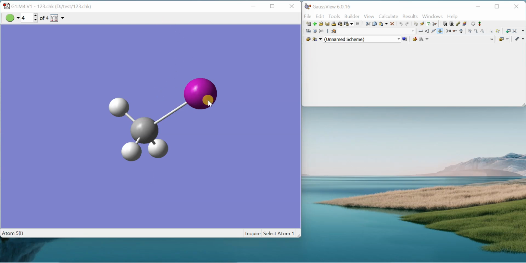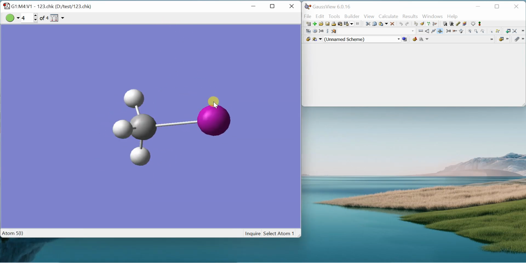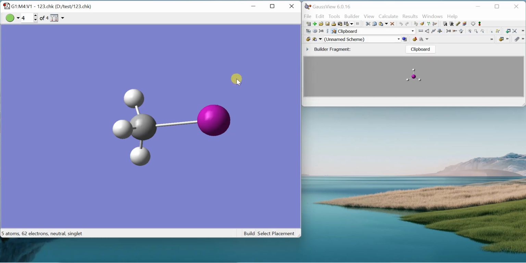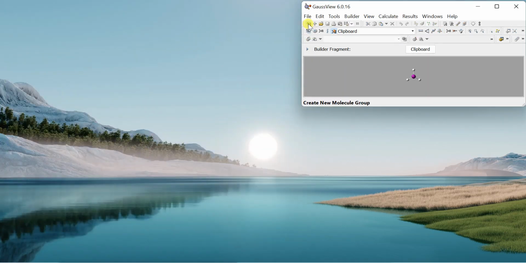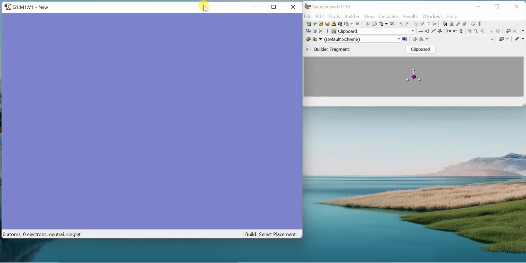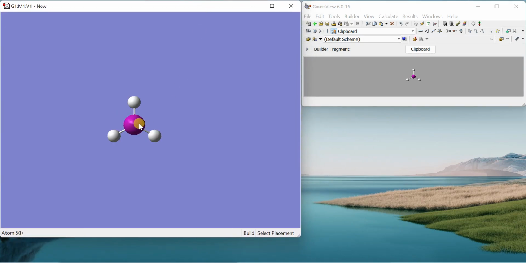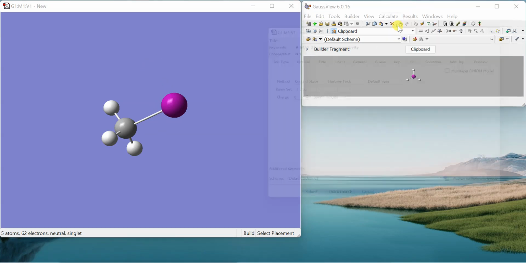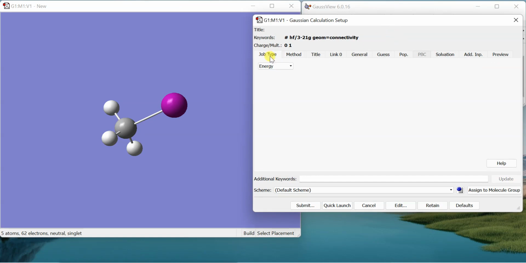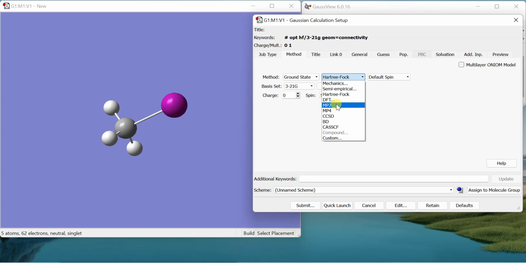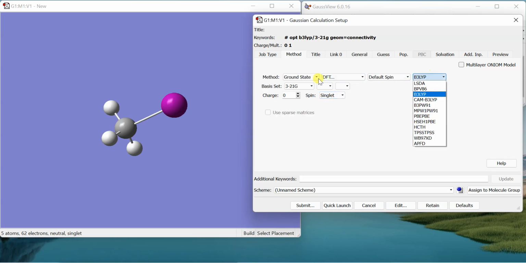So in the last one we studied using pseudopotentials with Pople type basis sets. So I'll just copy this optimized molecule and paste it in a new window, and we'll set up a calculation with a Huzinaga basis set using the pseudopotential. In the calculation setup, I'll go for optimization, and in the method you can select anything like